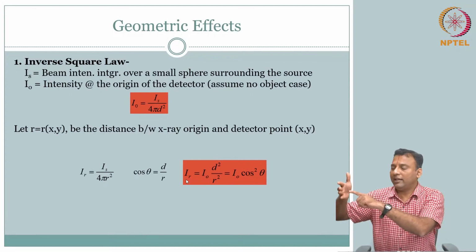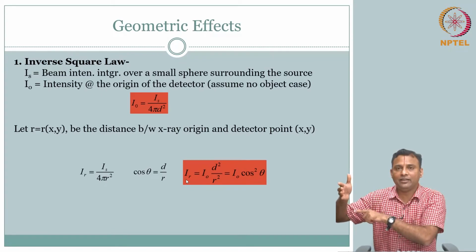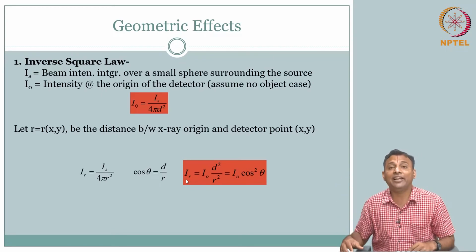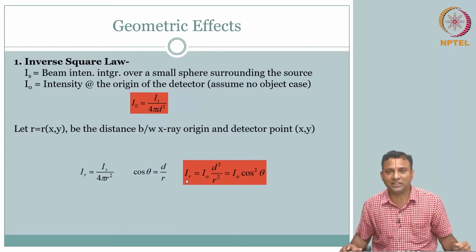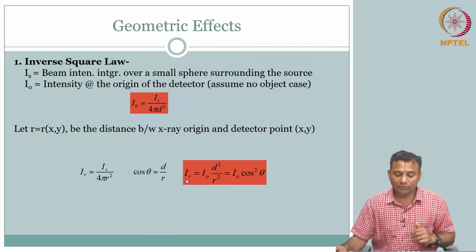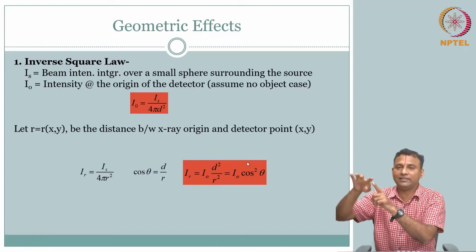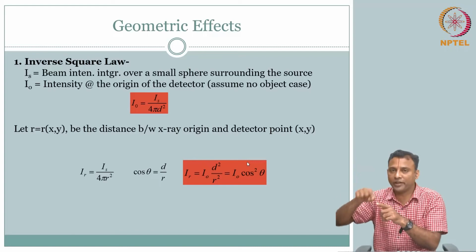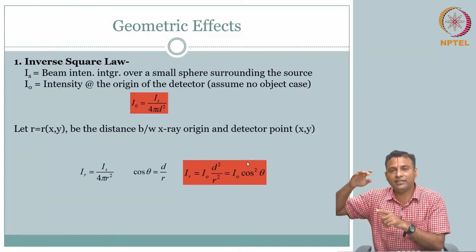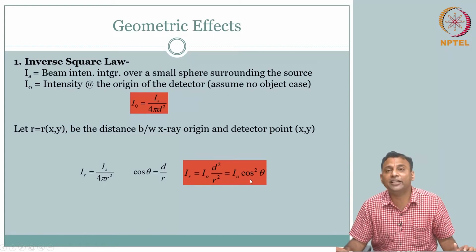You are capturing I naught. At the center there is one intensity value. As you move away from the center in any direction, you have a cos square variation in the intensity. So, you are going to see a spatial fluctuation in terms of cos square theta. The theta is telling you the angle, the R, so different locations in the plane. So, you are going to actually see a nice cosinusoidal or square of cosinusoidal variation.